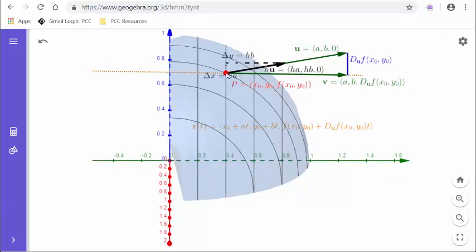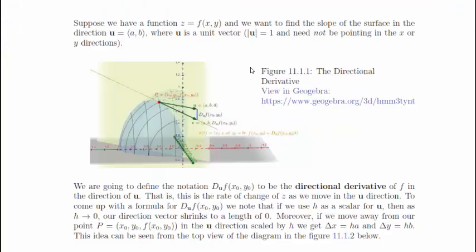And so then we have our tangent vector down here, so we get this entire change in z. But if we let u go to 0, then the change in z goes to 0. So we really get this idea of change in z over the change in u. So this becomes my derivative as this goes to